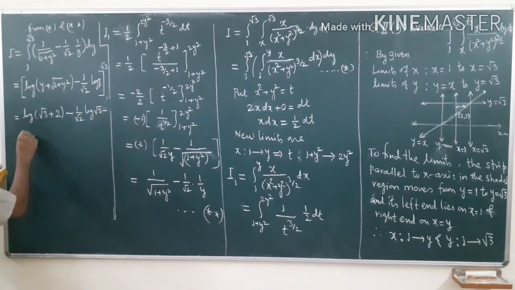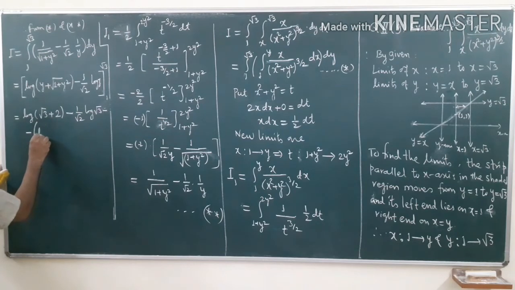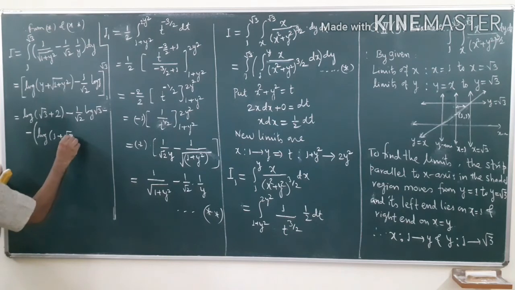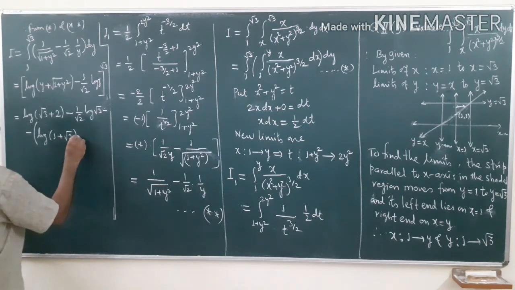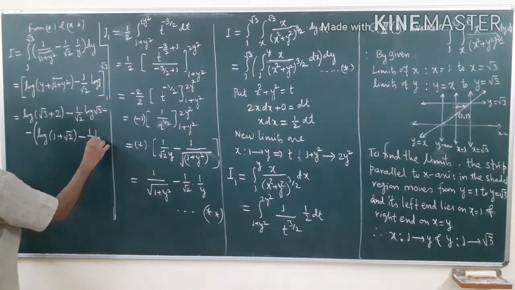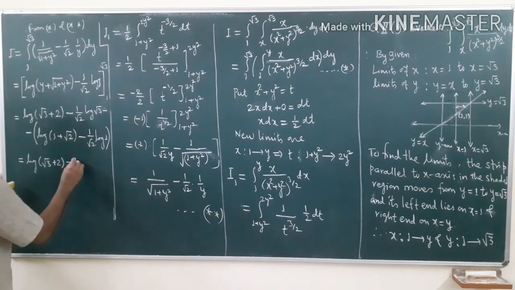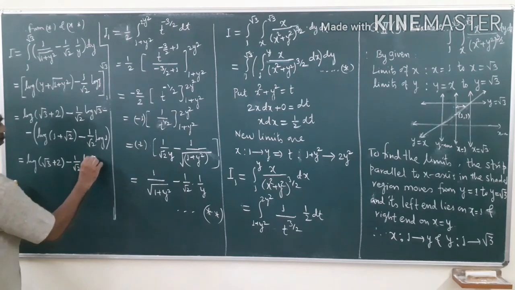Minus the lower limit, put y as 1, so log of 1 plus root 2, minus 1 upon root 2 into log of 1. So this is equal to log of root 3 plus 2 minus 1 upon root 2 into log of root 3